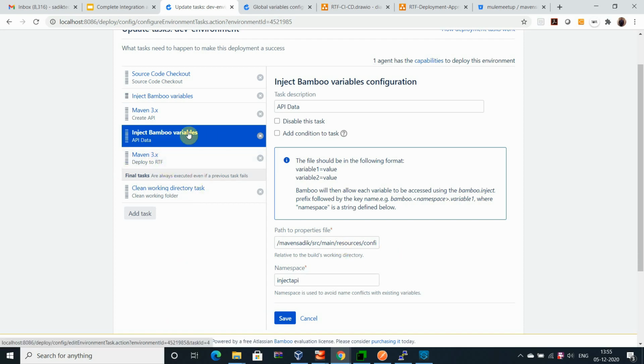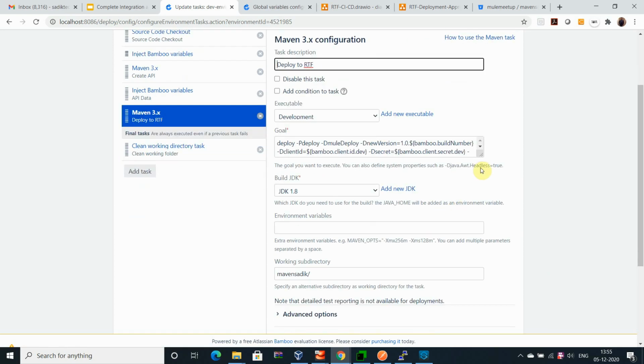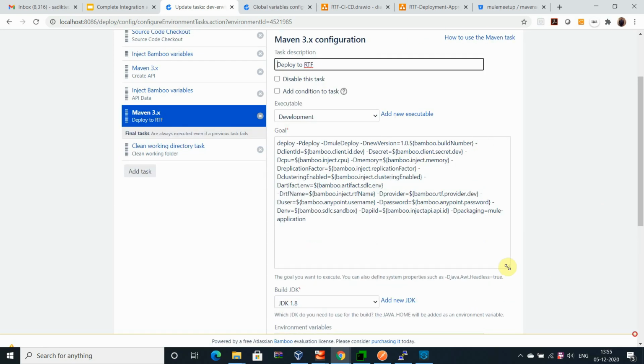Now I have created an instance on the API manager of the RAML or the asset which I have exposed in Exchange, and I have the new API ID. The API ID which I have, I will associate with my code.